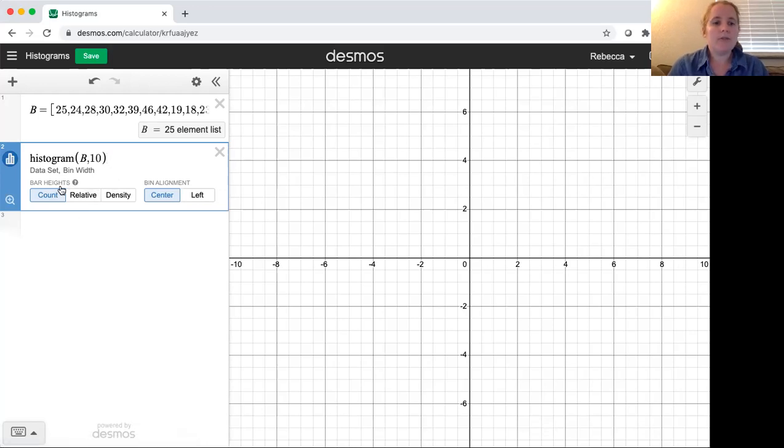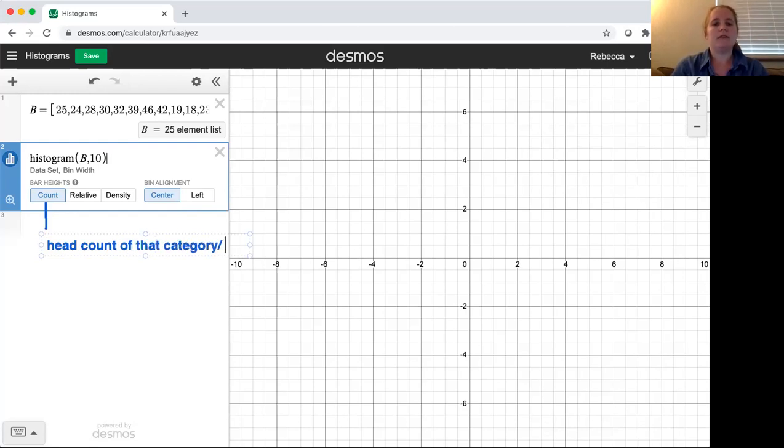Now we have bar heights and bin alignment popped up down below. The count here is referring to the head count of that category.